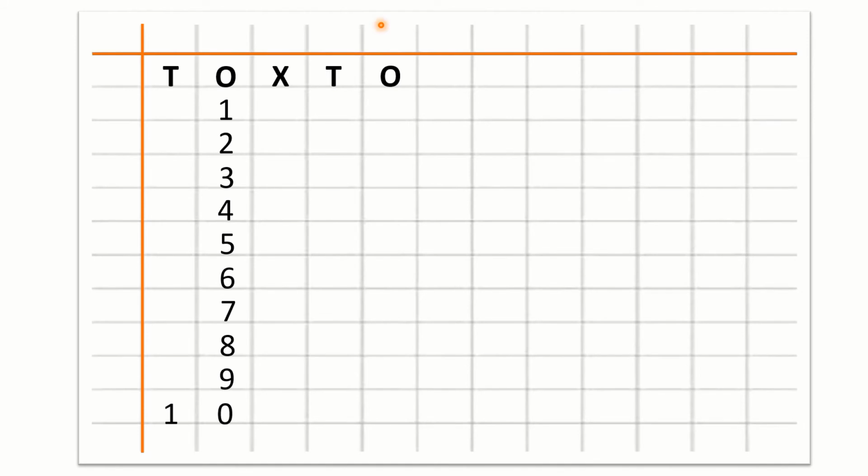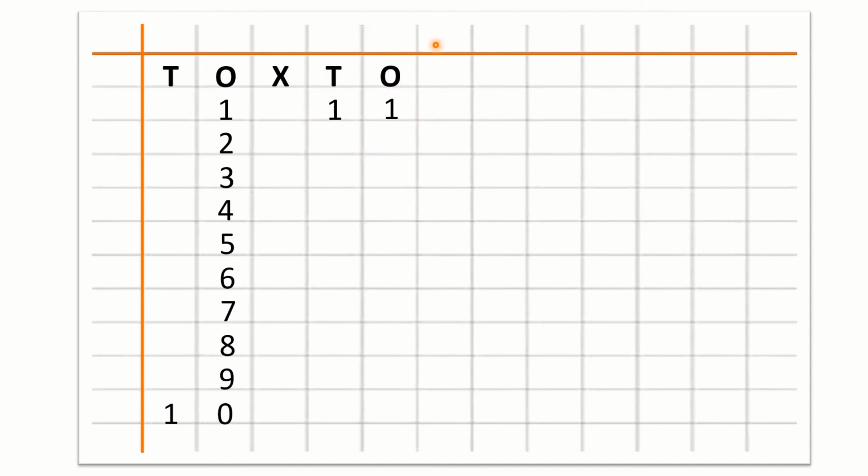Now 11 has 2 digits. So we will write 11, 1 under T and another 1 under O. So this is number 11.